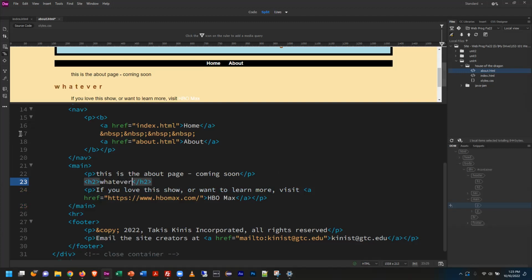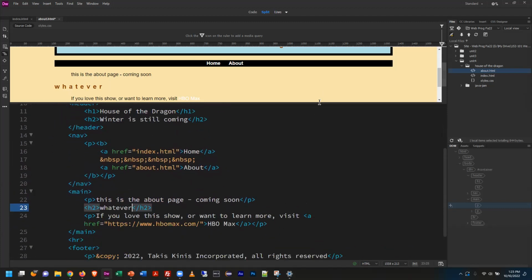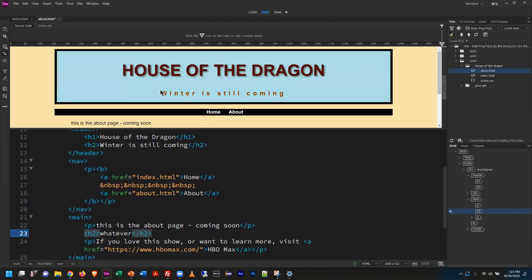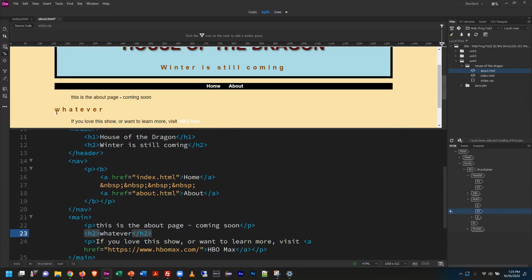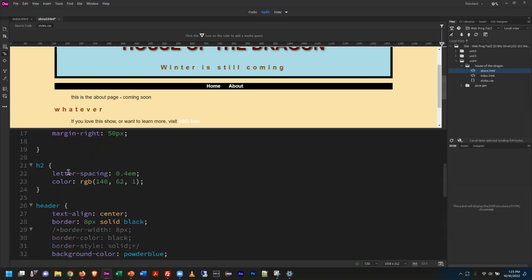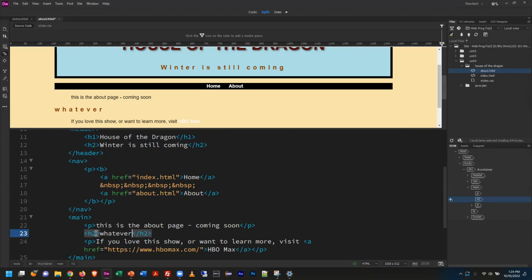Now, the first thing you notice is it took on the style of the other H2 because there's a style attached to it. So you see this looks just like that, or real similar. Mostly the H2 styling, if I look at my CSS, is letter spacing and the color of the font. That's fine. But I want to put a border around this with padding. I don't want to apply it to all the H2s. What I would rather do is keep that H2 separate. So I'm going to add a class to it,